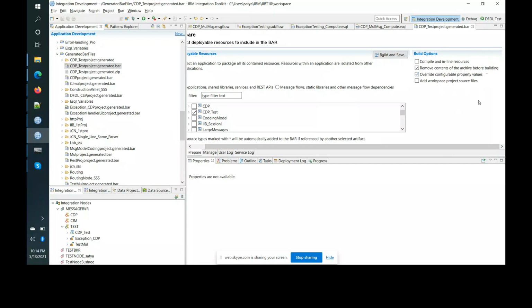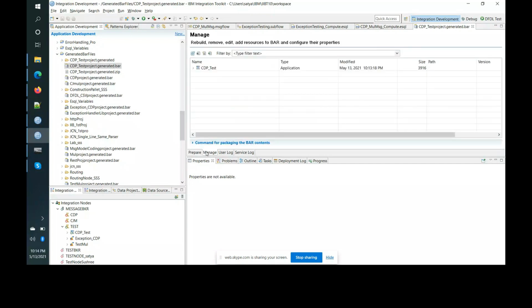Now click on Manage tab and expand the project.